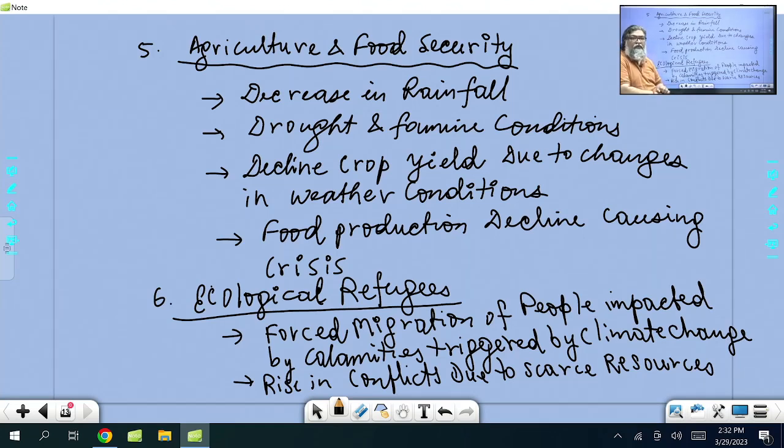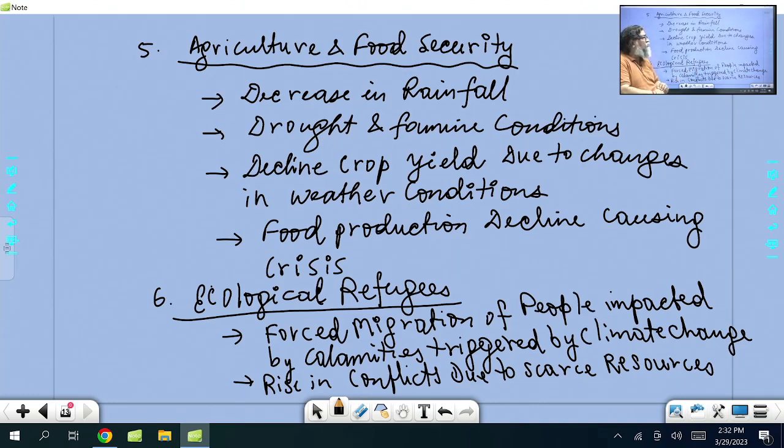Even the UN is now looking at such kinds of refugees, which are not covered under the Geneva Convention. The Geneva Convention talks about refugees affected by war and violence, but it doesn't talk about environmental, climate-based or ecological refugees. Now the UN is coming out with a framework on how to address such a human crisis.